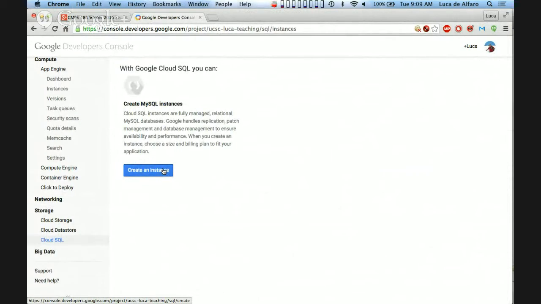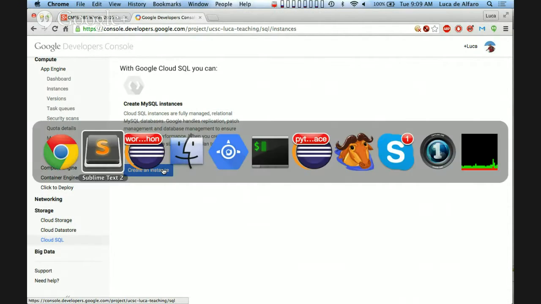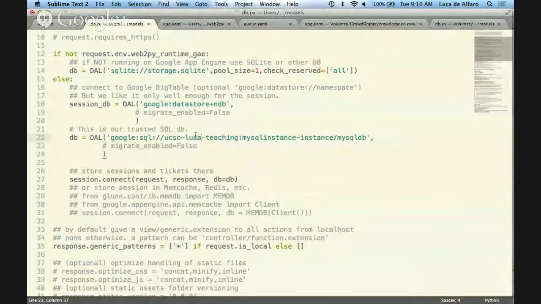So if I did it, this is my app ID in which I created the instance, and this is the instance name, my SQL instance. The instance of a MySQL is essentially, to put it roughly, like a VM running MySQL server.